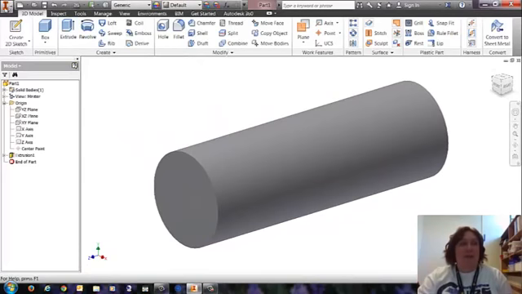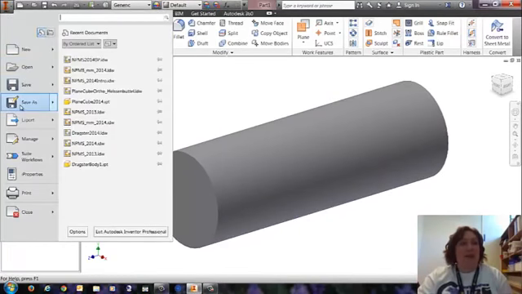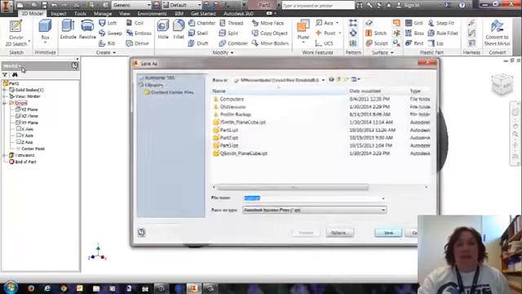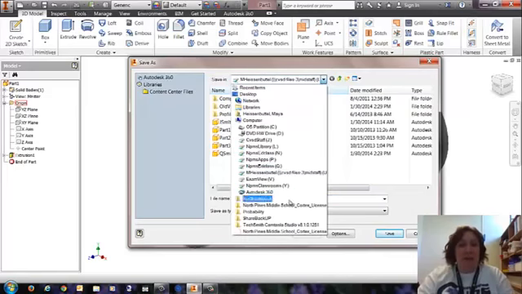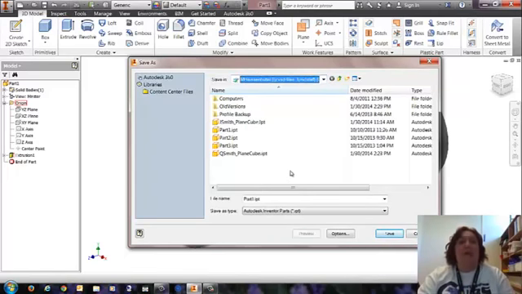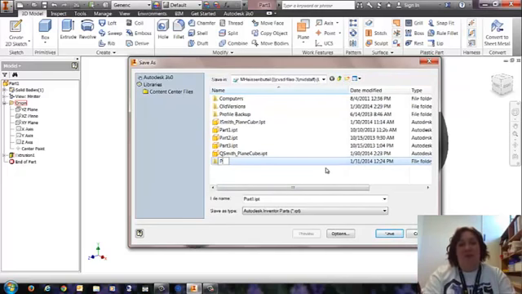There's my round peg. Now I'm going to go to File over on the Application menu, Save As, and I'm going to go select my U drive because you can't save anything to the hard drives in our school district. Everything needs to go in your U drive. My U drive has my name. Your U drive is going to have your ID number. So I'm just going to create a new folder,